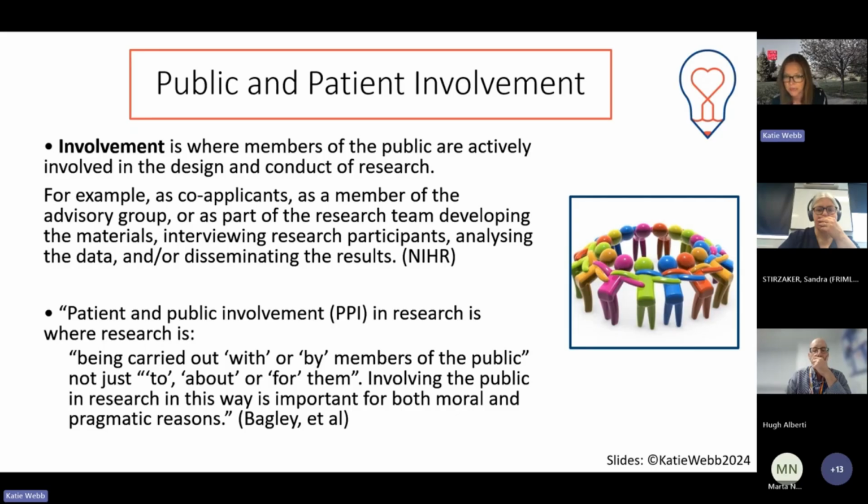Patient and public involvement in research is where research is being carried out with and by members of the public, not just to or for them. And I think going to that point about the NHS and thinking about efficiency and efficacy of what we do with regards to understanding about people's experiences within service, what things matter, the efficiency and how patient pathways are designed. It's really, really important that actually we hear the lived experiences, the variability of experiences of those who and from whom we want to